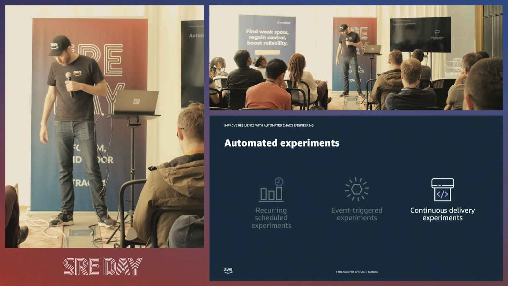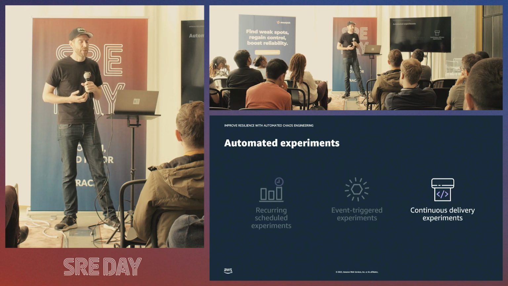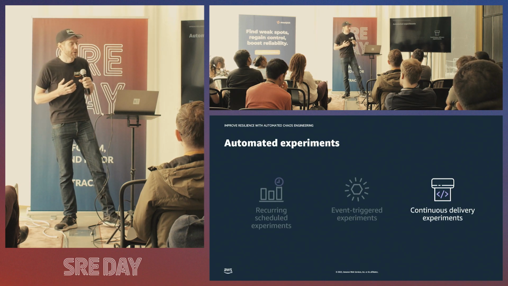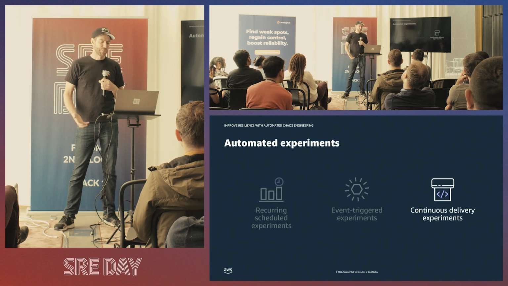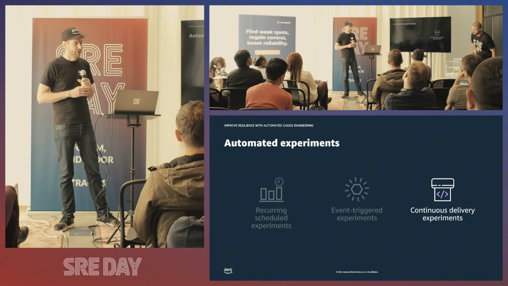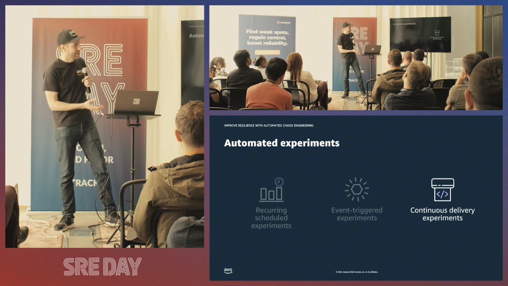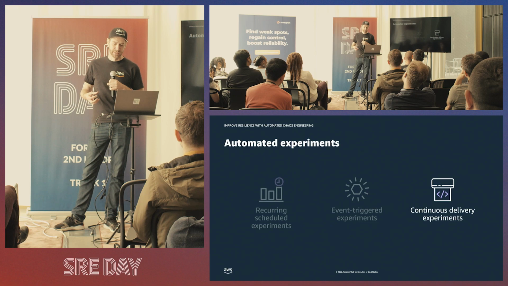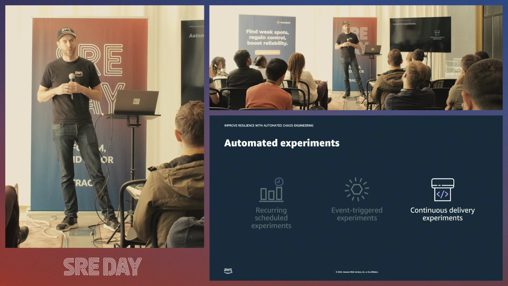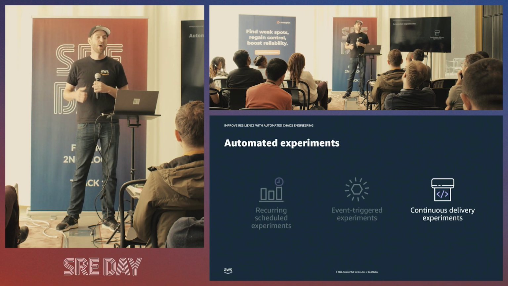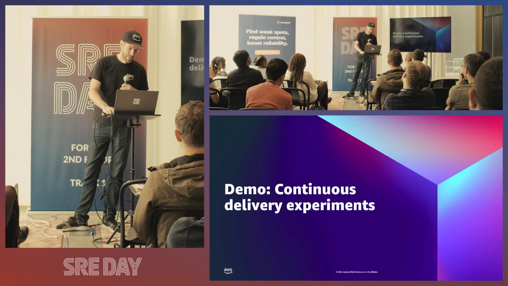Then the third way of doing automated chaos engineering experiments is perhaps the most popular one so far, and definitely the one I'm getting the most questions about. As we said, continuous integration and continuous delivery makes it possible and encourages frequent deployments. And as we know, frequent deployments are less likely to break. So we're adding chaos engineering experiments as part of our delivery pipelines. So we're able to continuously verify the output or behavior of our system on each code deploy, on each code change. So let's do a demo of that as well.